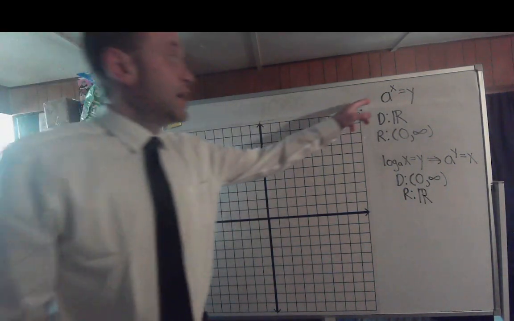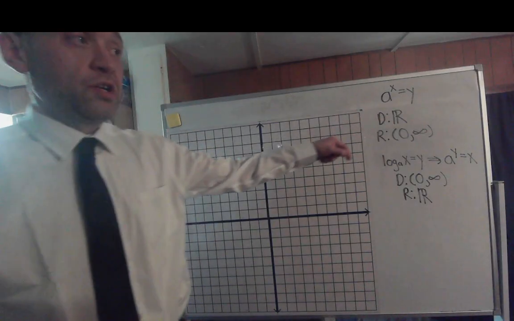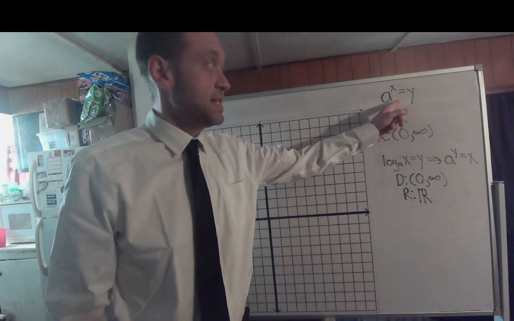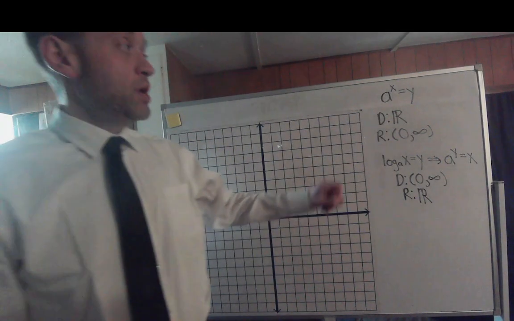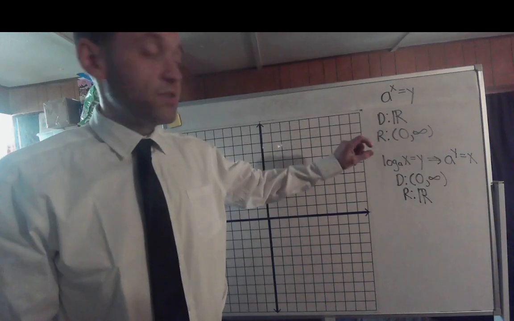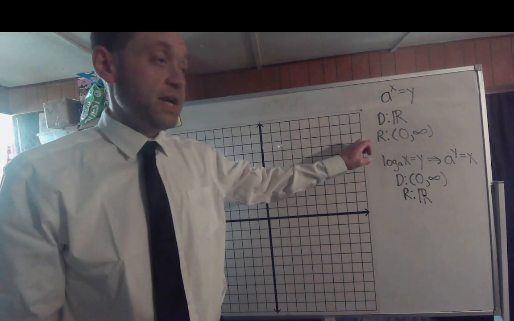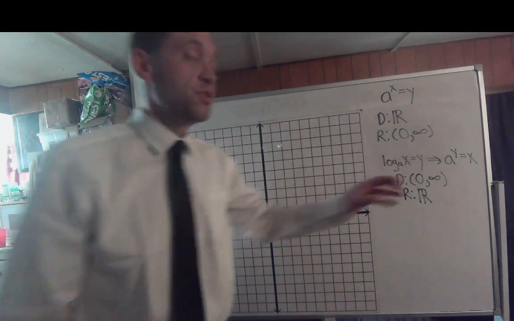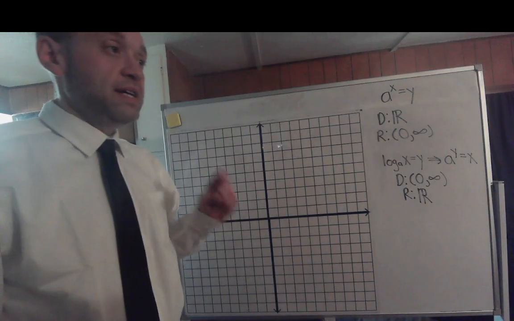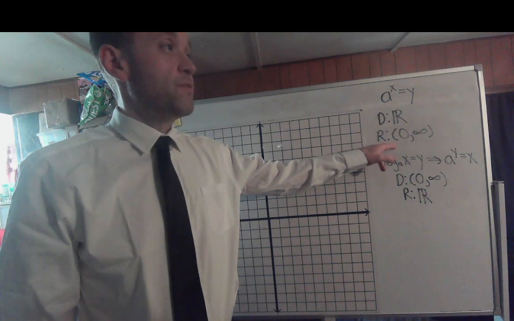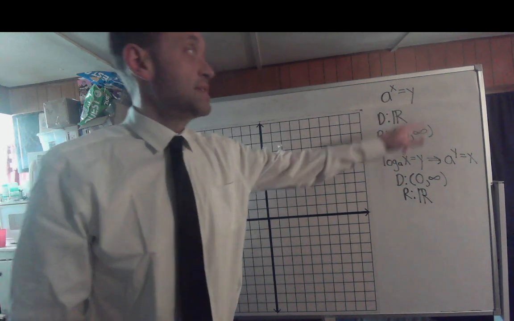So today we are going to talk about logarithmic functions and their graphs. Up here I have an exponential function, y equals a to the x. The domain, as we saw yesterday, of an exponential function is all real numbers, and your range is from 0 non-inclusive to infinity. The idea is that no matter what value I put in for x,